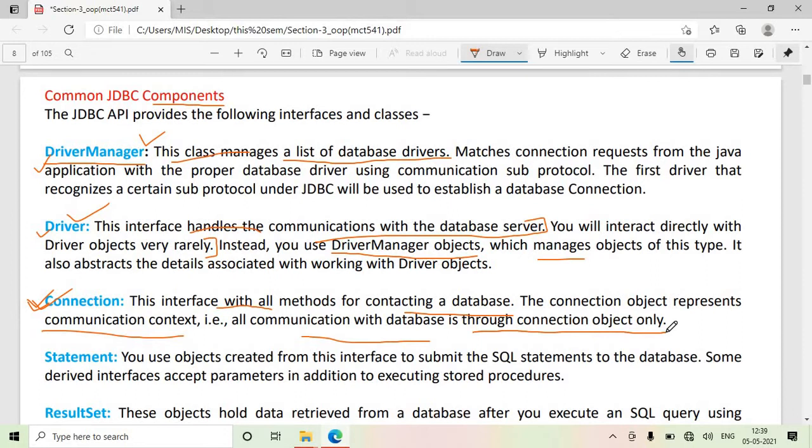Your Java code interacts with the Java API, which interacts with the driver manager, which will interact with your driver, which will then create the appropriate connection object. Using this connection, actual query execution, retrieval of results and communication between your driver and your database takes place.